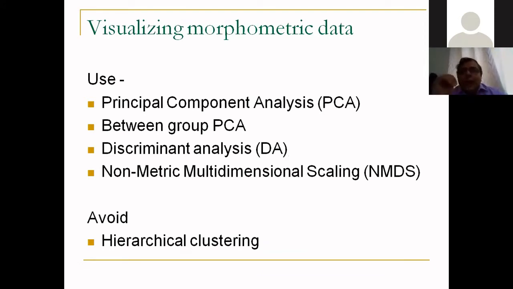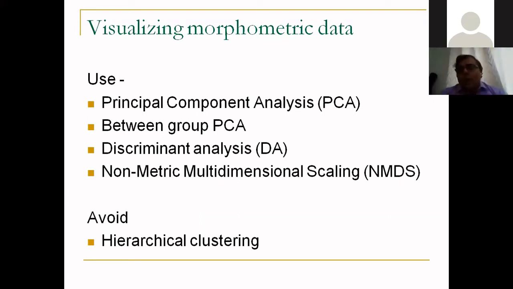Now, this is somewhere that I'm going to very specifically stress: when you have data which is multivariate in nature, so here you have multiple characters that you have looked at, try and avoid using univariate methods. So do not use a simple t-test or even ANOVA for analyzing your data, because if you are looking at one character at a time, that one character might depend upon other characters of an organism, but you are neglecting all those variations. So it is always better that when you have multivariate data, you should use multivariate methods to analyze the data.